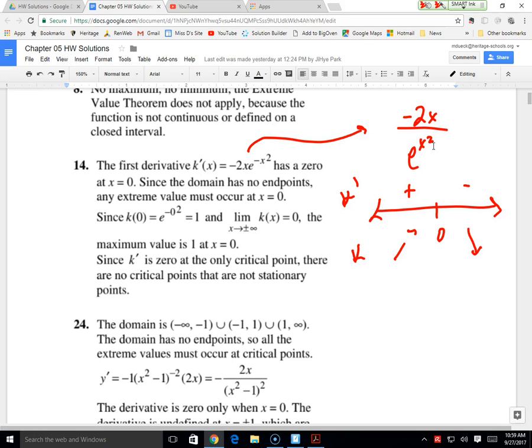That's the only critical number. This is the entire function, right? Strictly increasing, strictly decreasing. Just by nature of the graph, strictly increasing and strictly decreasing, that must be the absolute max. For a negative exponent, will there ever be a case where if we don't put it in the denominator, we're going to miss a critical point? Or a critical number?